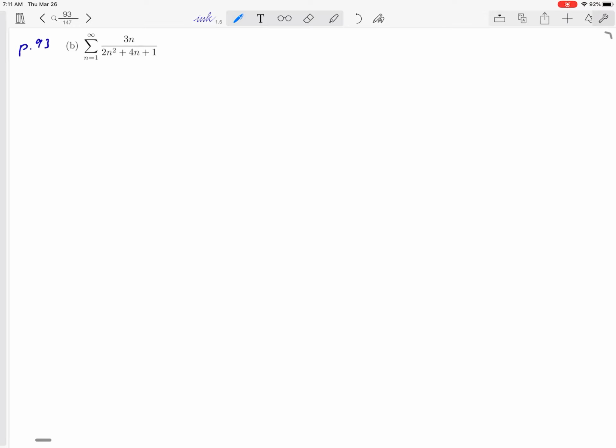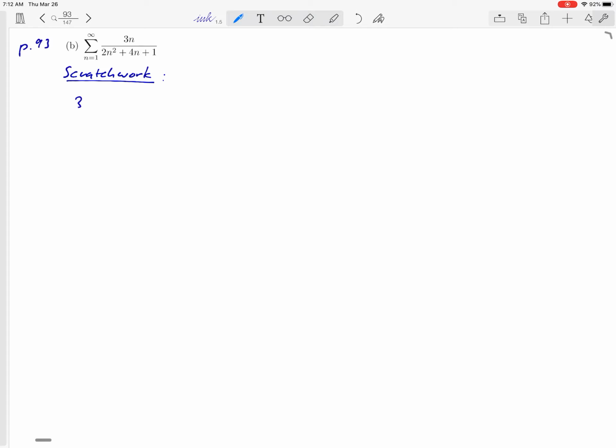This is example 8b on page 93 of the workbook. And just to remind you of the instructions, they were asking us to take the series and use the limit comparison test to determine whether it converges or diverges. So this is the same type of problem as what we did in 8a a minute ago. So we'll approach this the same way